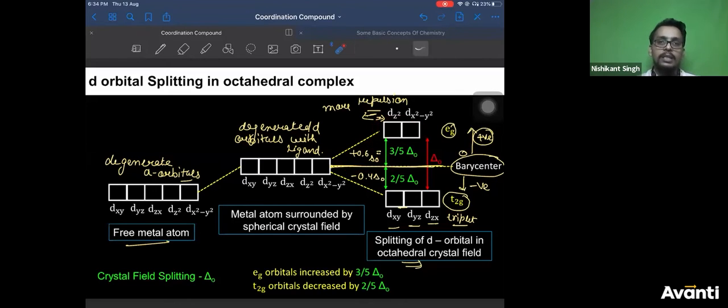And every electron which you fill here will increase the energy of the system by plus 0.6 delta O. Roshan, this origin is given the name barycenter. There is no definition again. This center from which energy is increased and decreased, or you can say the zero energy value you are assuming, is given the name barycenter. Could it be understood that the total energy of the three orbitals is the same as that of the two orbitals? Yes, Vijay, you can understand it like that also.